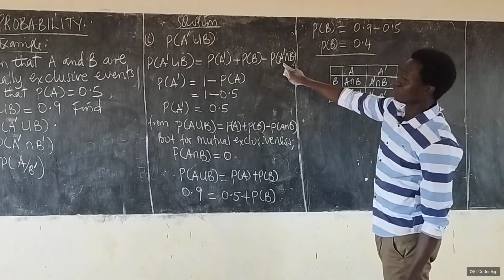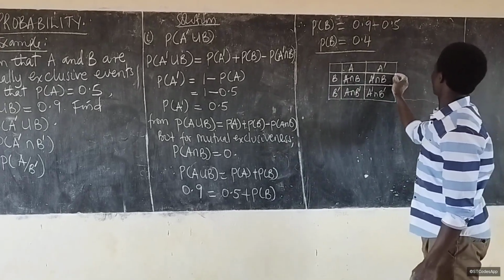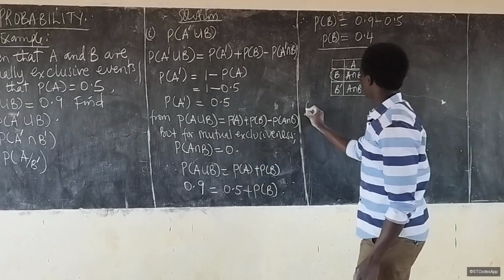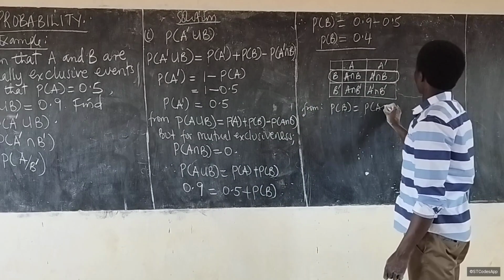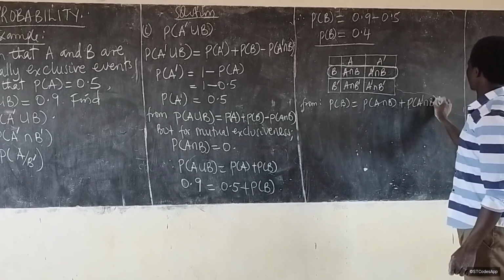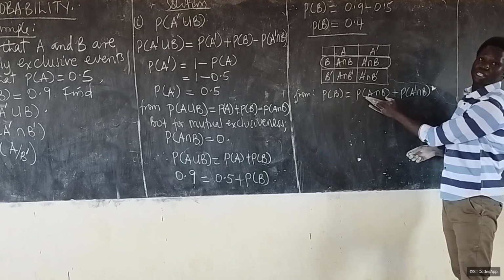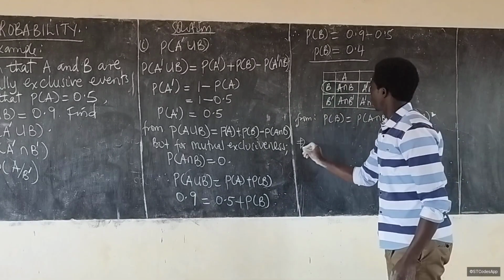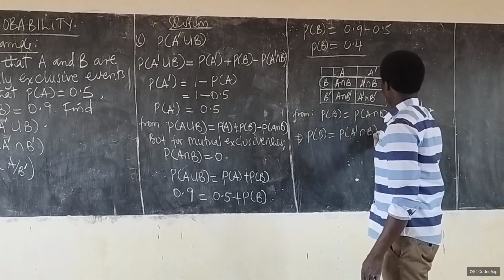So if I want A prime intersecting B, A prime intersecting B is here. This is the same as actually getting the probability of B. So probability of B is equal to probability of A intersecting B plus probability of A complement intersecting B. But you see that probability of A intersecting B is 0 because A and B are mutually exclusive. So therefore this implies that probability of B is actually equal to probability of A complement intersecting B, which is